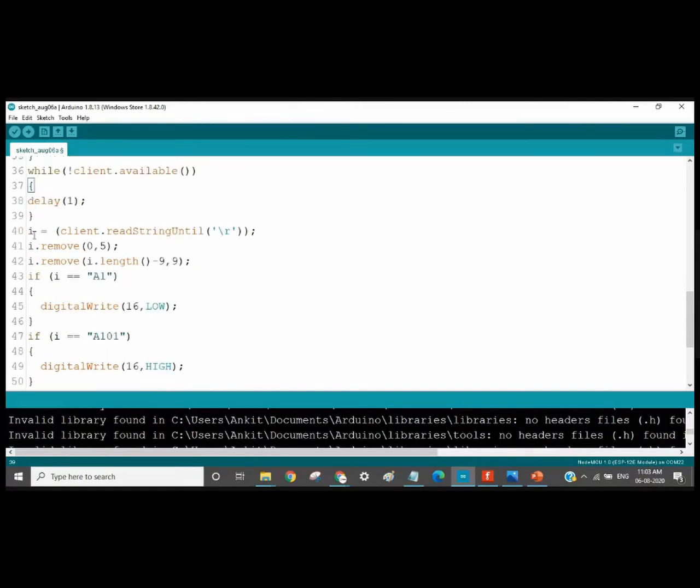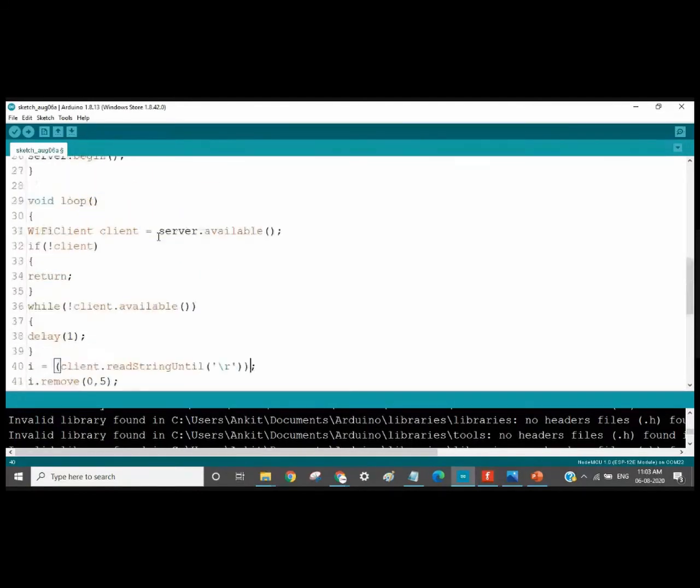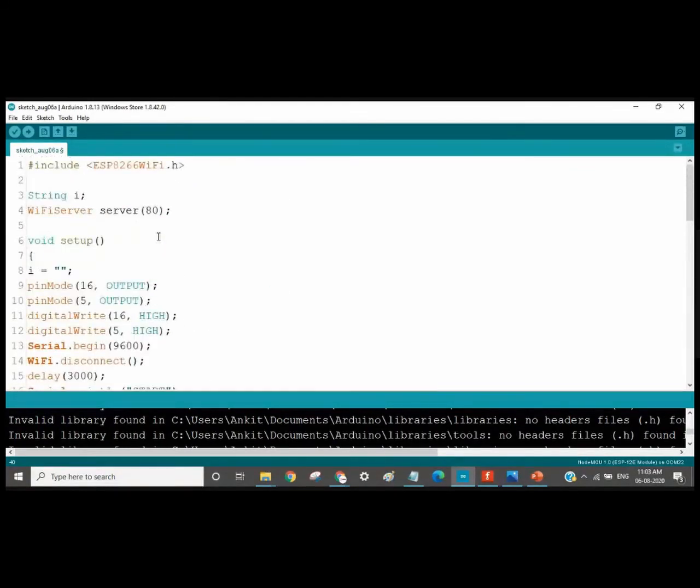Then here what we are doing is we are reading the string until a carriage return, right? This is a carriage return character, /r. So we are reading the string till a /r. That means when we are sending a command to this server, we will be storing it in this string.